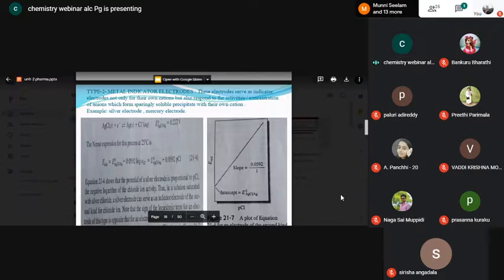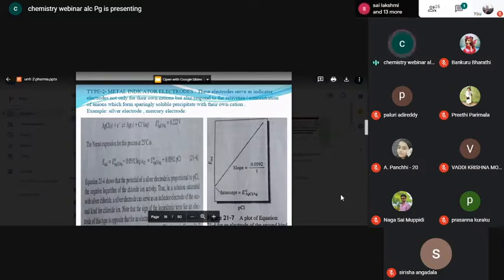Because of this concept, what is going to happen? AgCl precipitate, how many units are found over there? 10 units of AgCl precipitate are found. These 10 units of AgCl precipitate will undergo dissociation to a very, very small extent. And finally, what happens? Silver ions are produced over there, and chloride ions are also produced over there. Now again, a second equilibrium, a new equilibrium is going to be established between what? Between silver chloride precipitate and the ions which are obtained from the silver chloride precipitate due to dissociation.